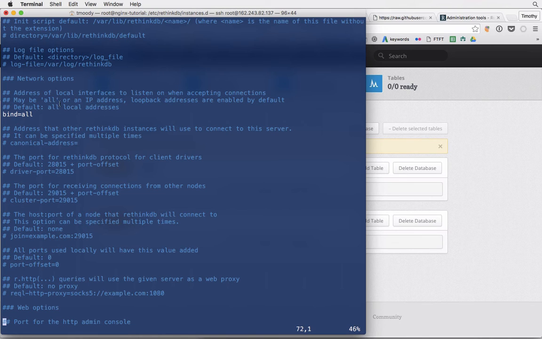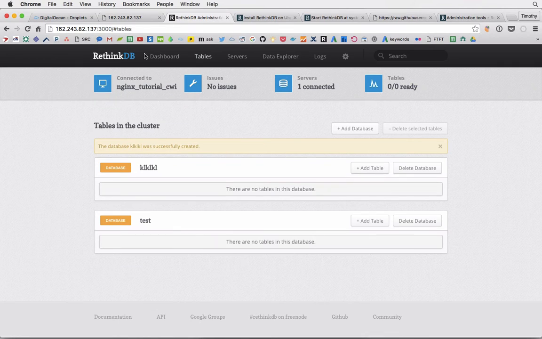Typically it does some fancy stuff under the hood where you can only get it from localhost, if you're requesting from within the server. But I did bind all, which means it's exposing it publicly. So you would not want to do that. Basically what you want to do is set up some sort of proxy server that hides this dashboard behind credentials. I actually use RethinkDB, and the way we handle that is